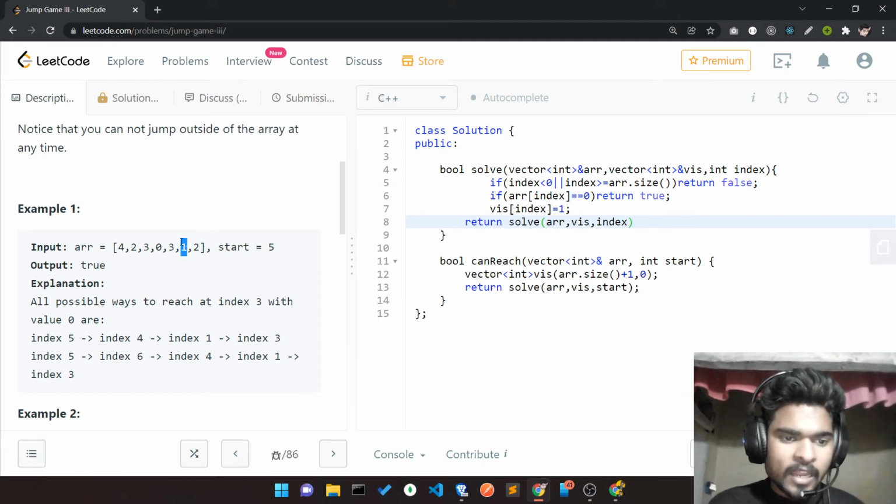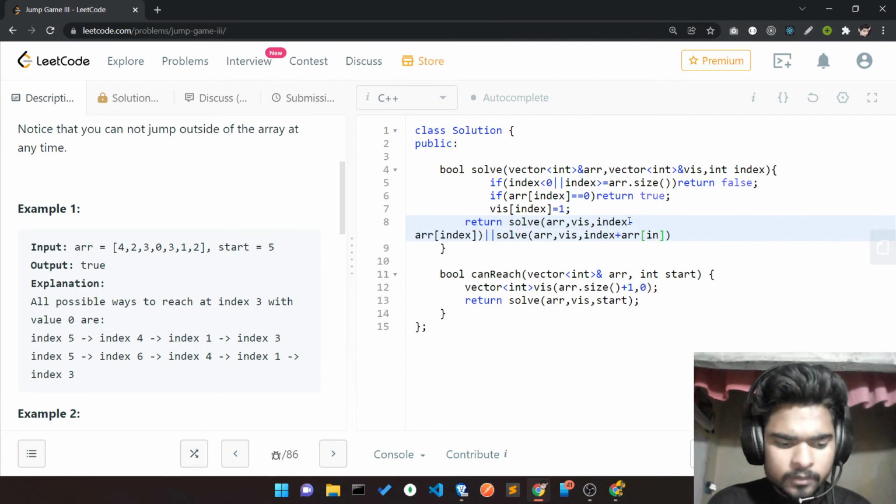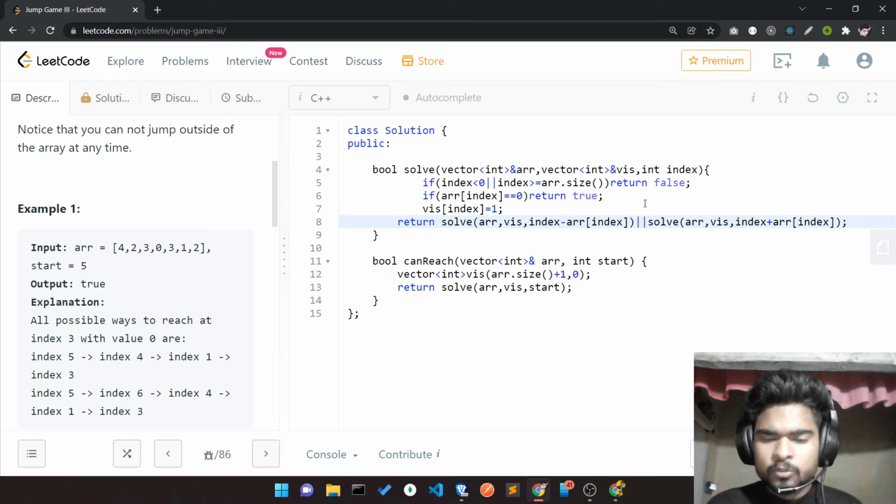If I am currently here, I call it for the lesser value and the greater value, so index minus array[index], as well as index plus array[index].